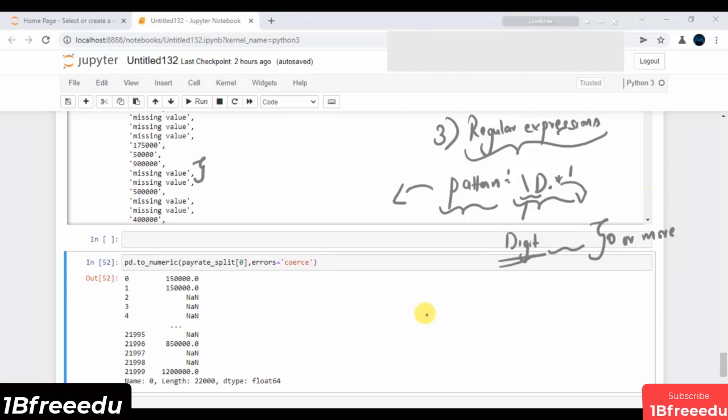Imagine we have, let's say, this string, missing value, at index, let's say, 4 or 5. Let's say this is my entire thing at some observation, and I have to match it with the pattern I have written. So very first I will come up with this one. Now you will see this is not a digit, so it will follow this. Then I have a dot, which says I can have any character except the new line. Then I have any set of characters,